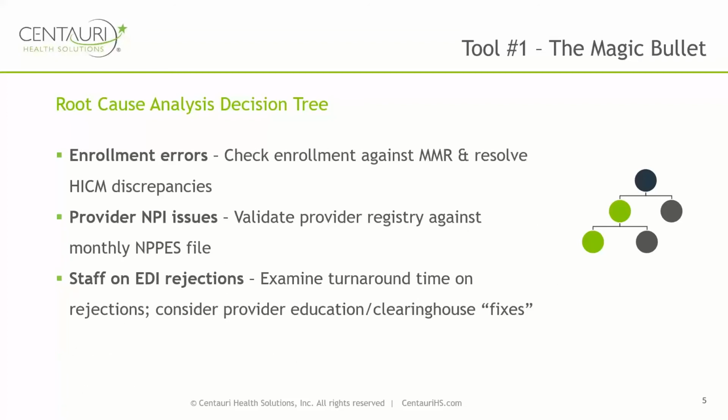Continuing on, I also call attention to enrollment errors as a very common root cause of rejections, especially these days with the introduction of the HICN to MBI transition and how that's been proceeding. However, most health plans operating in the Medicare Advantage space are no longer strangers to reconciling the monthly CMS membership reports to their internal enrollment systems. Despite that, I still see health plans experiencing high rates of rejection due to these enrollment discrepancies.